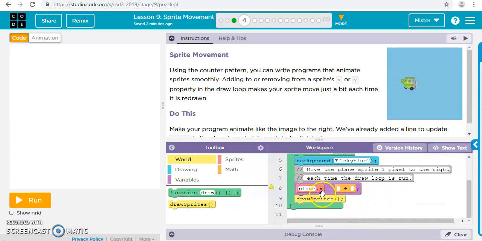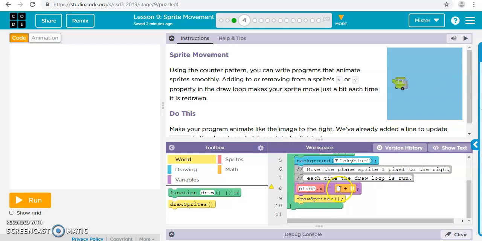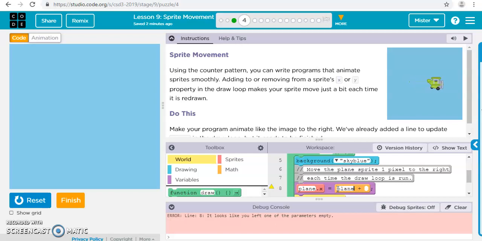And instead of calling it counter, it's called plain.x, right? So we'll type in, well, let's run it first. Error line 8, which is here. So we're going to go plain.x equals